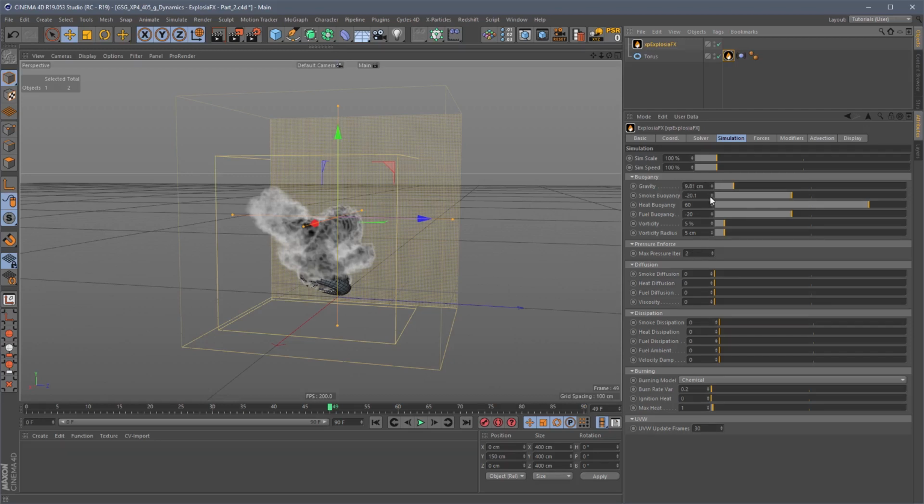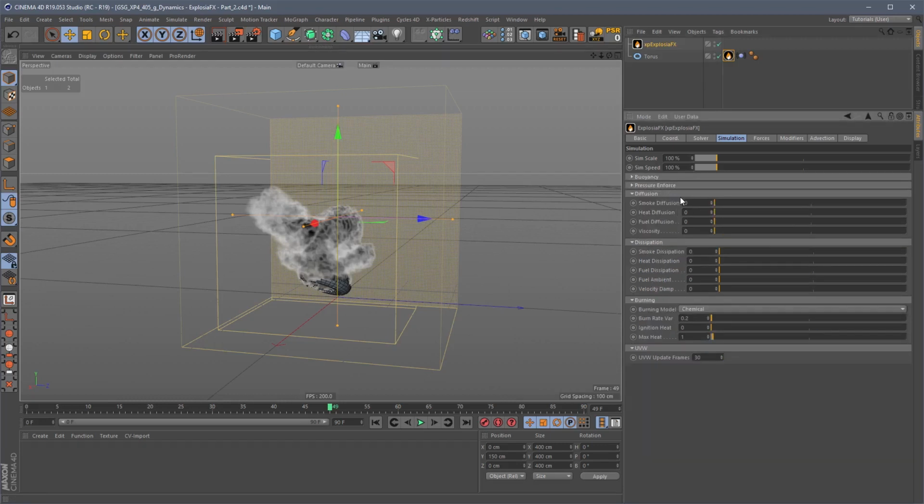Pressure is important, but I'd say more important on the source side of things, which we'll talk about later. Okay, so that's our buoyancy and our pressure done. Let's look at smoke diffusion. Right, okay, so smoke diffusion, this is talking about how